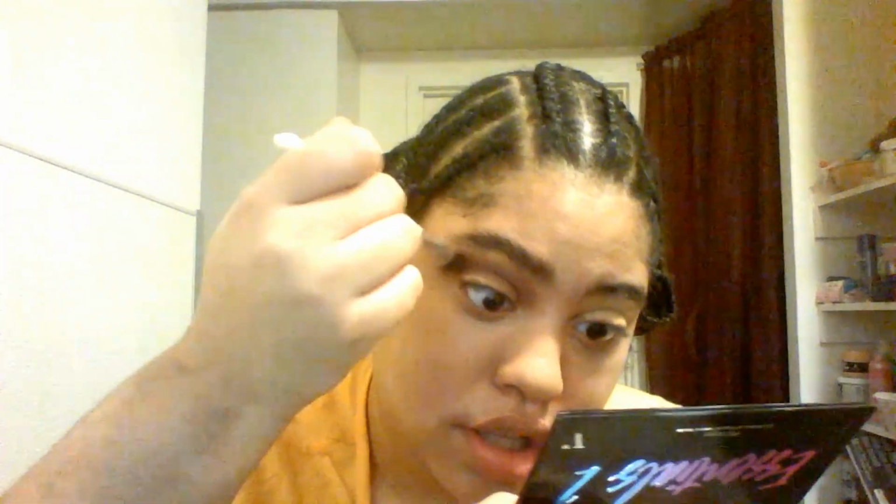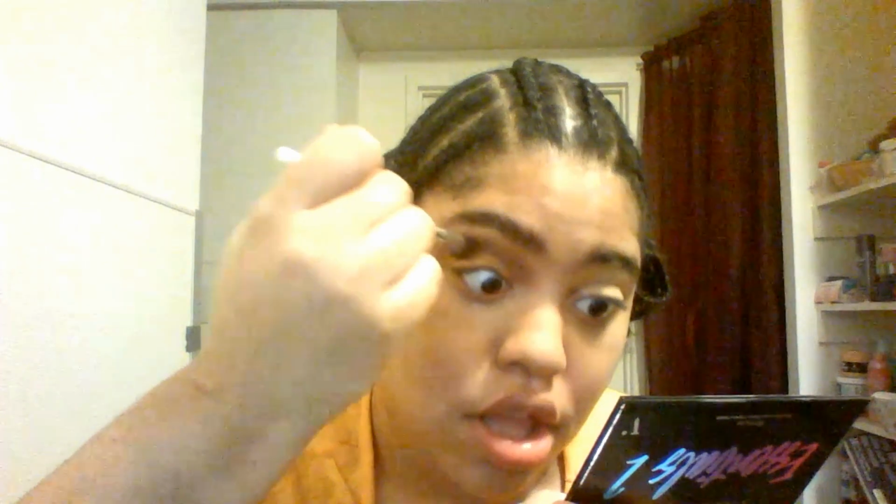I don't want to bring it down into the inner corner because I'm going to use an inner corner highlight. So I'm just making sure this is blended as much as possible and looks blown out. So now that it's blended and blown out, I'm going to switch to